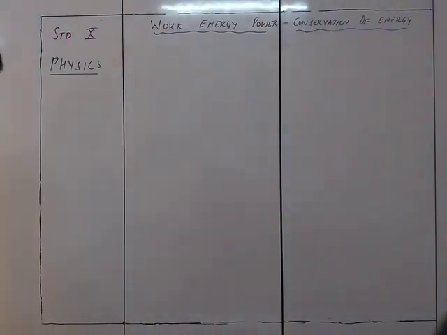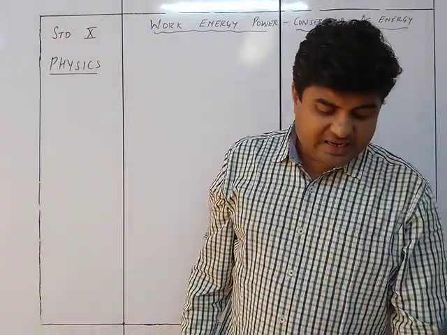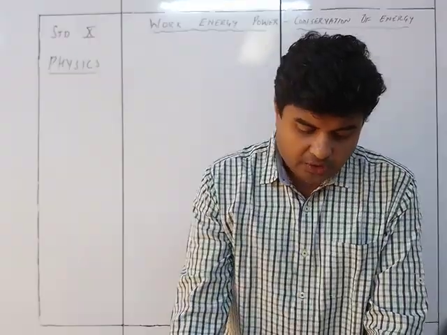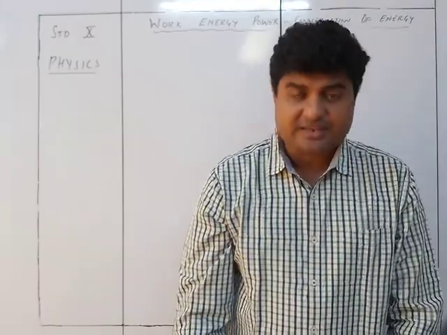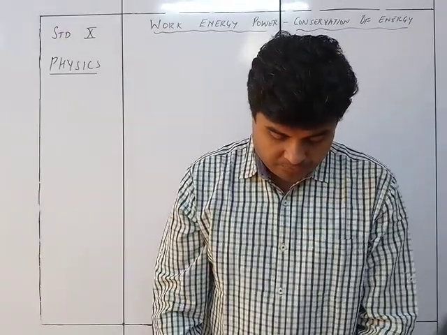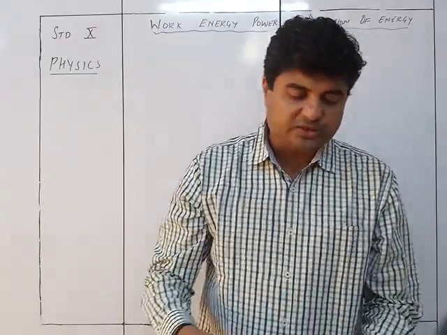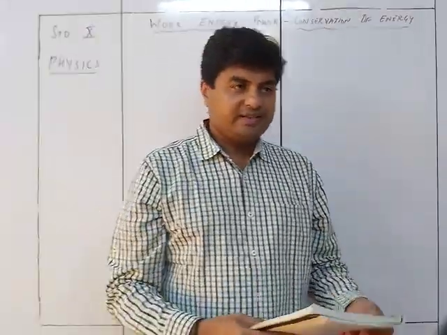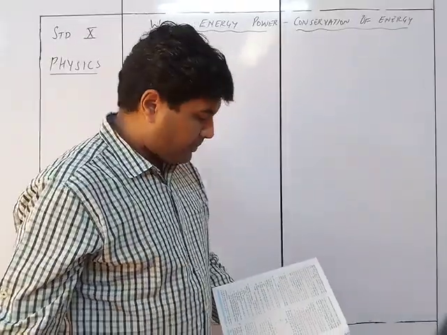We now move on to the numericals of the work, power, energy part 3, that is conservation of energy, regarding the potential and kinetic energy, exercise 2C. There are 6 sums over here. As per my old textbook, I don't know about the new one, we can just follow these 6 sums. So let's see sum number 1.